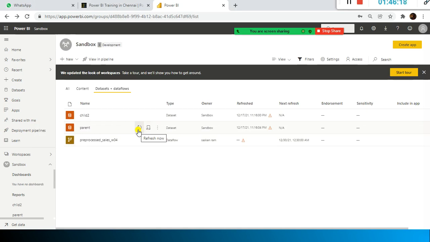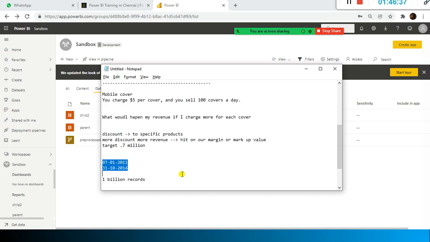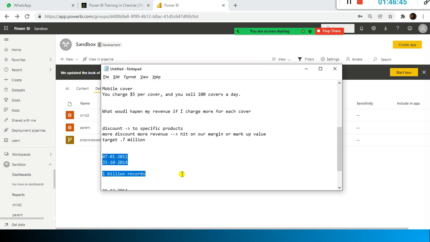Let's assume this is 3-year, 4-year or 5-year data with 80 million records, or let's say 1 billion records. What will happen if you try to refresh every time? 1 billion records will try to get loaded. It's a time consuming process. Once you finish the loading part, this is a one time load.